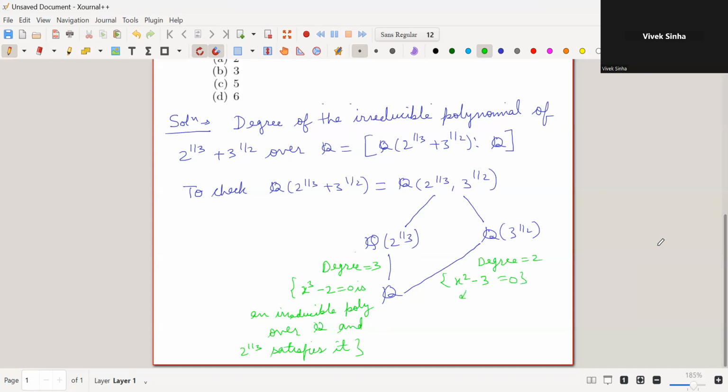This polynomial is irreducible and satisfied by root 3. Okay, so